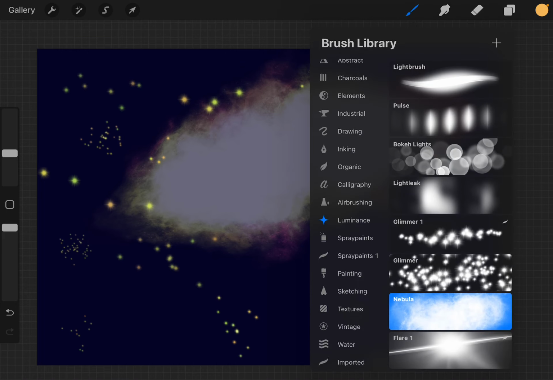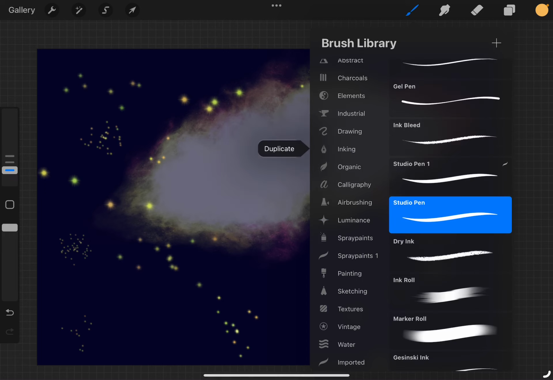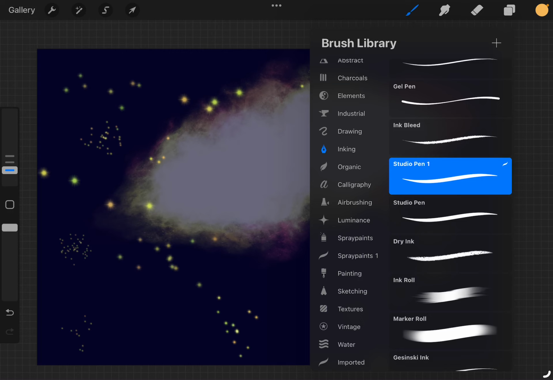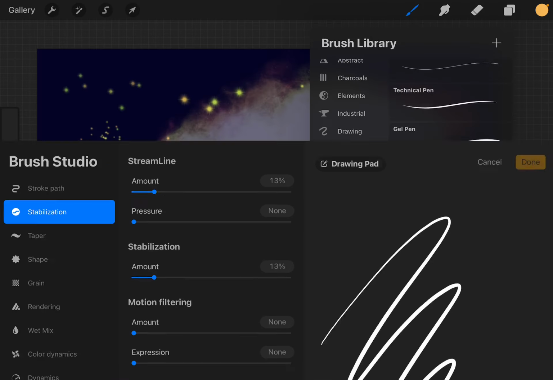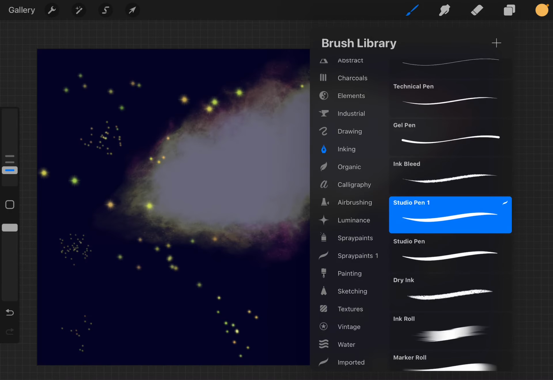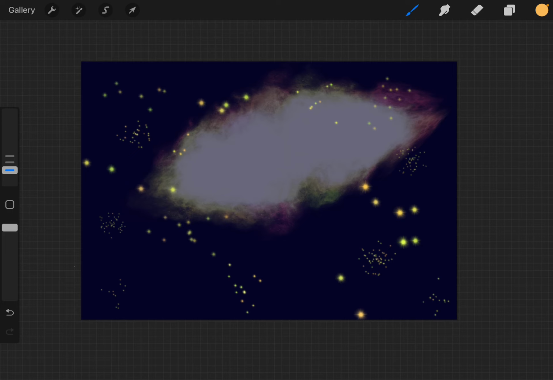And let's go back to Studio Pen on inking. This is the one that I've modified so that I'm able to change my streamline amount. And now what I'm going to do is using pressure,